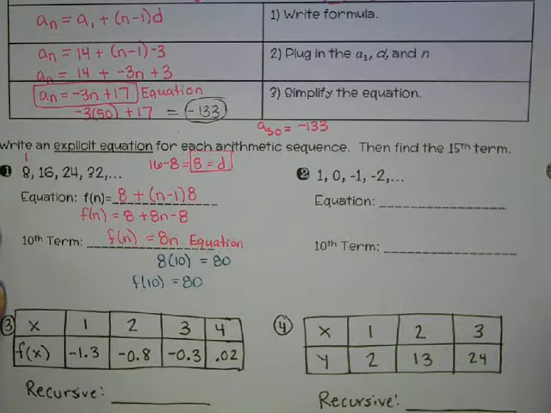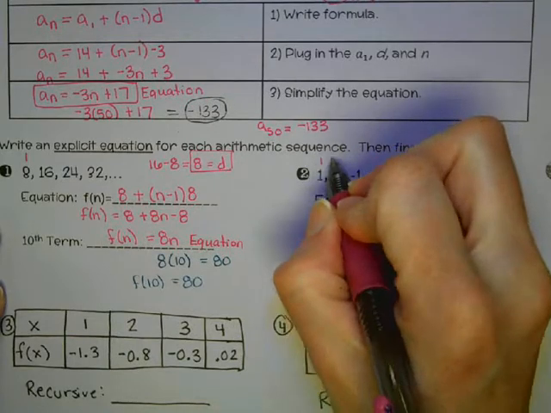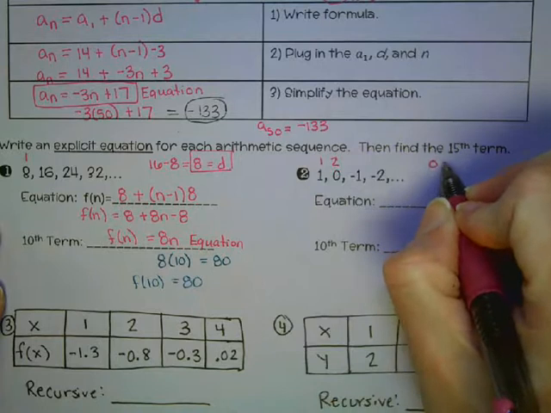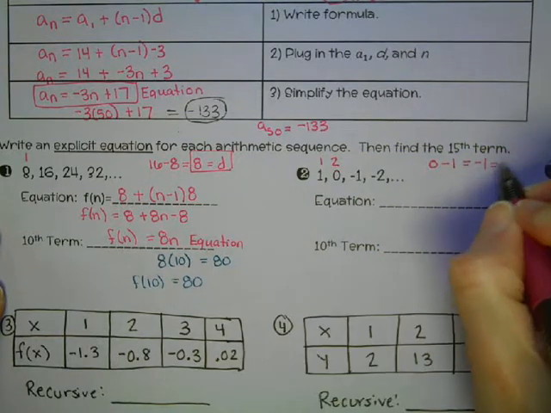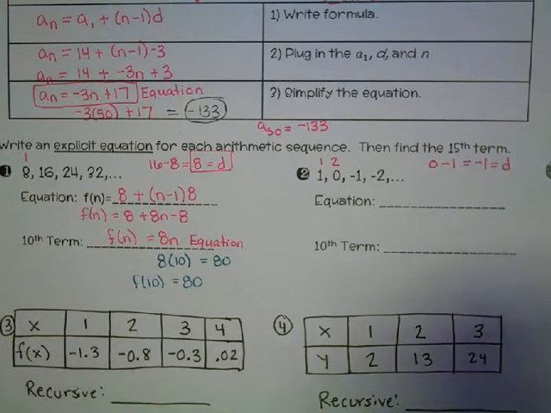So first term, second term, subtract the 2. So 0 minus 1 equals negative 1. The common difference here, it's going down 1 each time. The equation is,